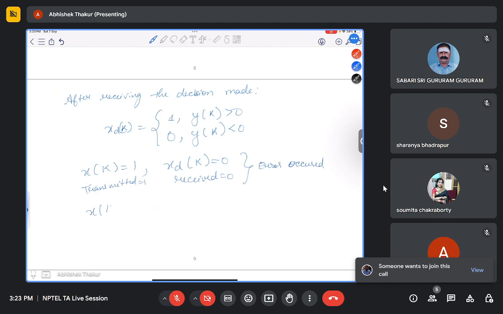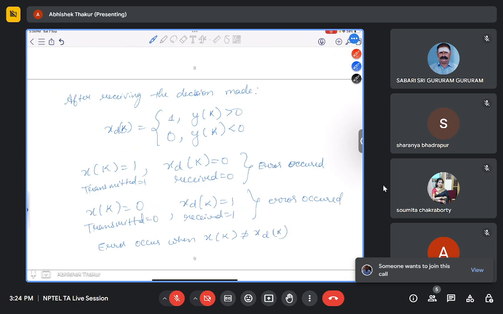Similarly, xk is equal to 0. Let's suppose transmitted is 0 and the decision made was 1, like the received signal was 1. Received is 1. So error has occurred. So error occurred when xk is not equal to x of dk. Okay. So in this case,